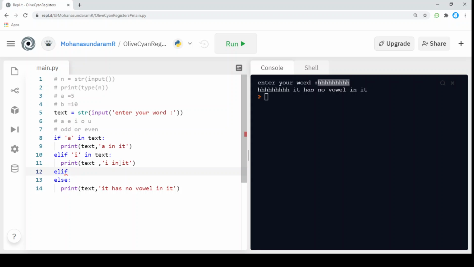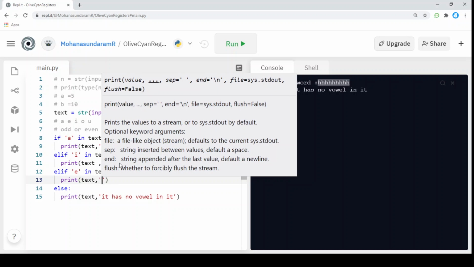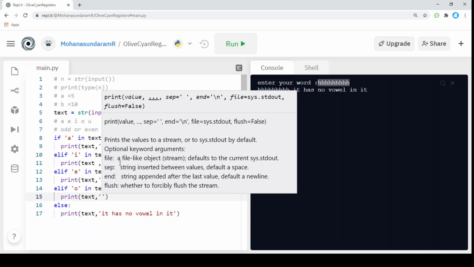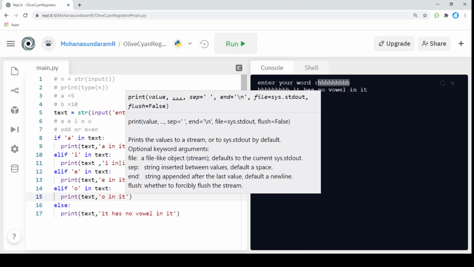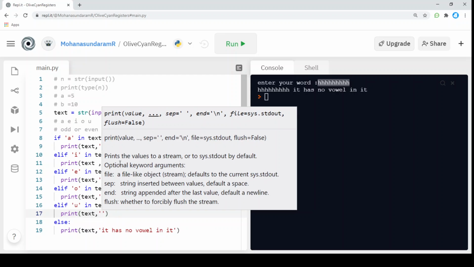If a, then I'm going to print the text, u in it.